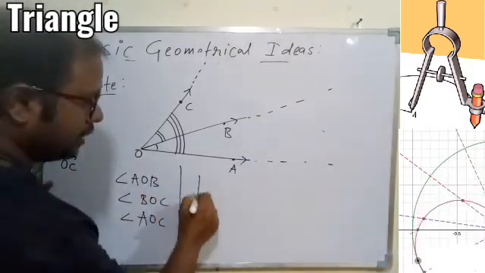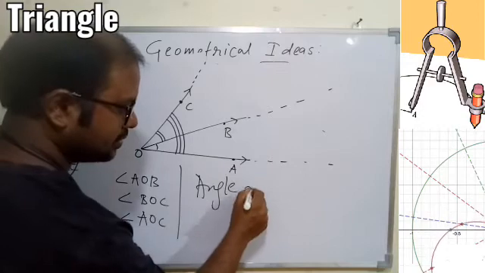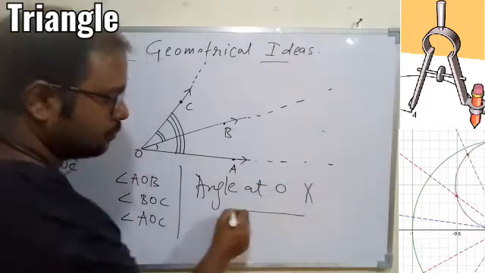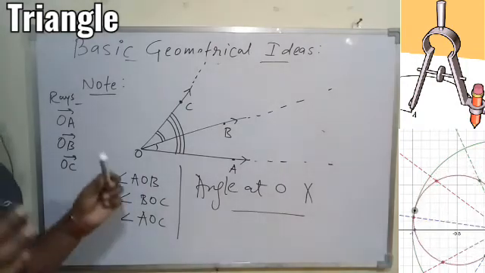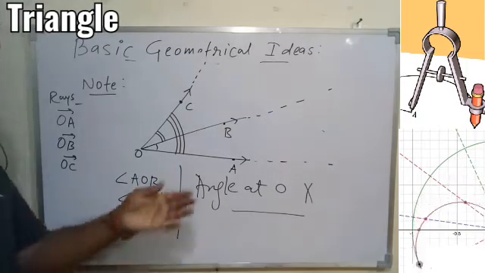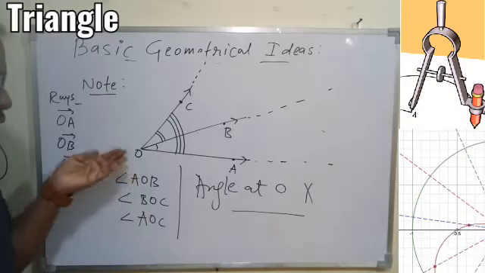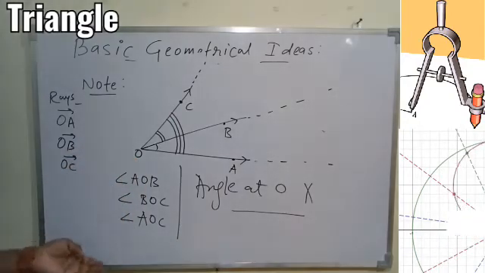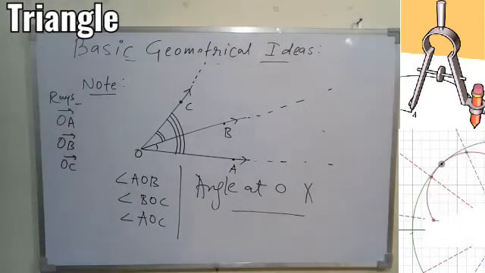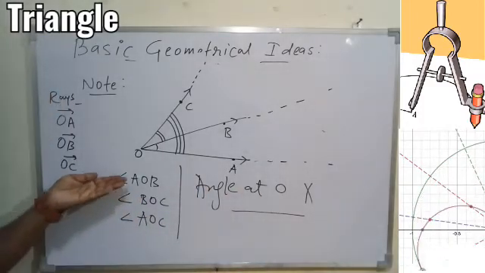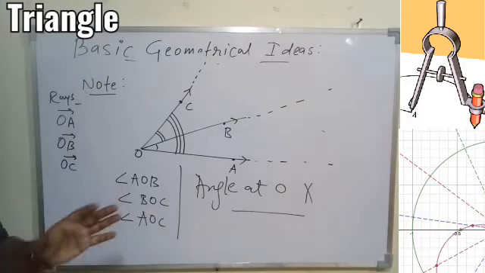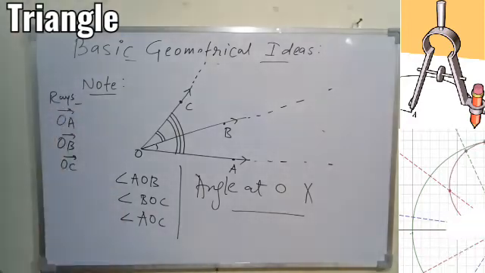If you just write down angle at O, this is not so relevant and it's not giving you a complete picture of the angle, because we know if you just talk about O, at O we have three different angles. So whenever we write the angle, we should not write down just angle at O. We must complete the particular angle given to you, AOB, BOC, AOC. Now it's clear. We are talking about which angle.